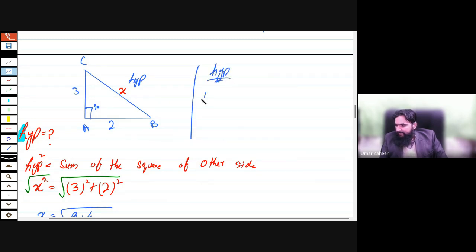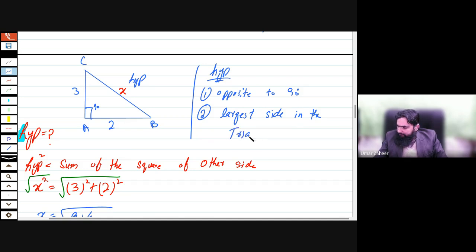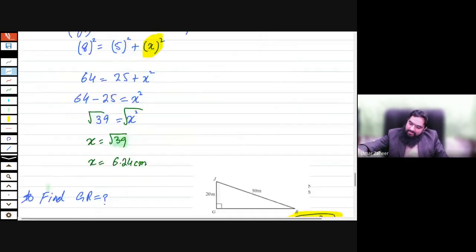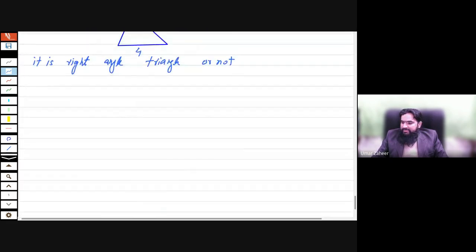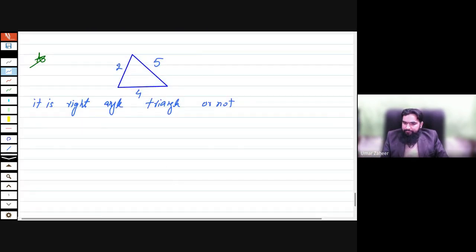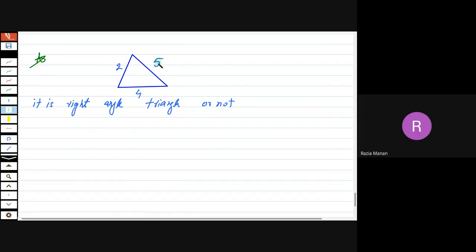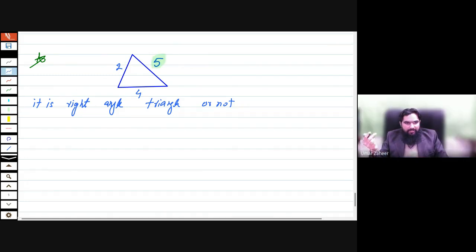Hypotenuse is opposite to the 90 degree angle, but obviously in this case it is not given. And the second thing is, it is the largest side, or the lengthiest side, in the triangle. So now look here, which is the largest side? 5. So we have to assume that if it is a right angle triangle, the hypotenuse must be